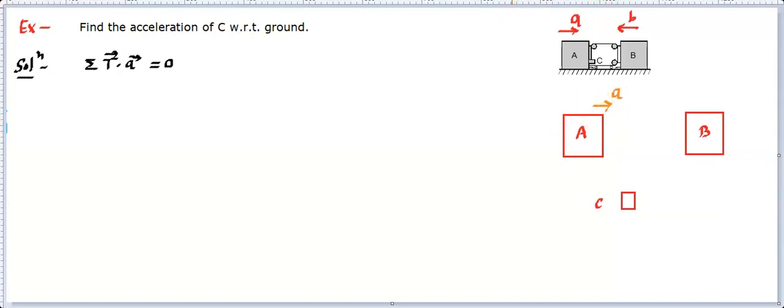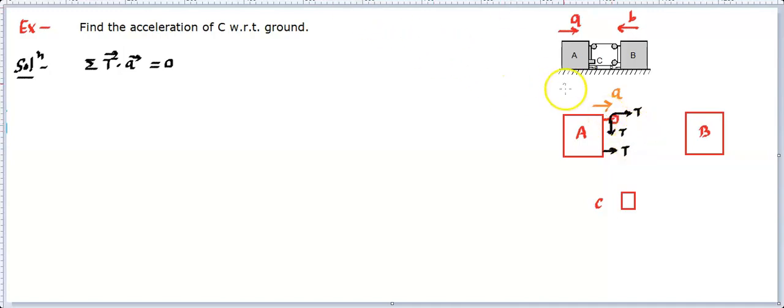Now look for the tensions. Tensions are coming because of the pulleys. This carries a pulley, so we can think of this as a pulley. The pulley is a part of this, because pulleys are massless, and this can be part of this block. Now in this pulley there will be tensions acting. The string goes like this, so this will apply tension like this. The string goes like this, so it will apply tension like this. Moreover, a string is connected here, so this will be pulling like this. So these are the tensions acting on the block A. I hope you can think of this as a pulley, and this as a string like this.